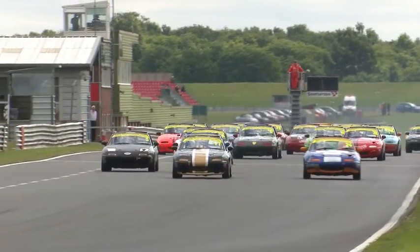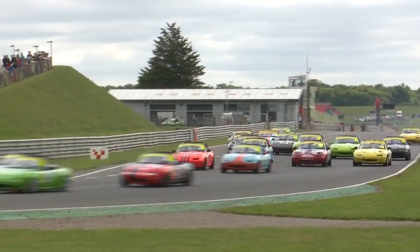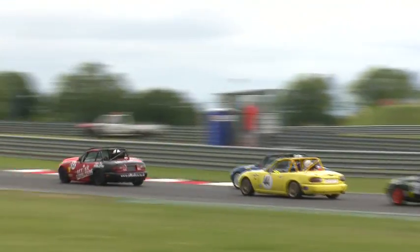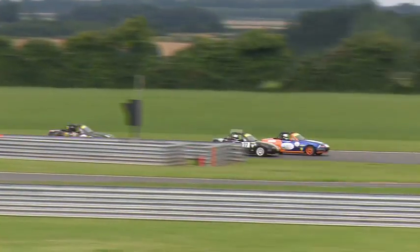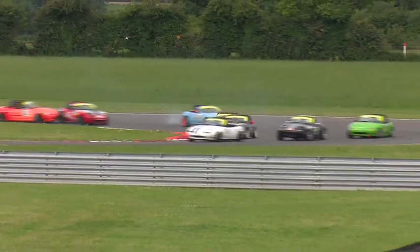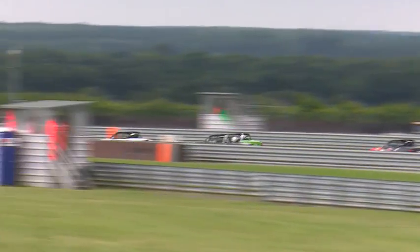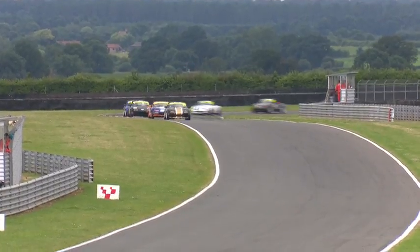In fact, slots into second place because Paul Maguire is looking round the outside line. Richard Collins in the mix as well. Massive field. This is only half the entry, remember. 132, Jason Taylor in the mix. 44, the yellow car of Bill Taylor is there as well, following up from 15th place in the first B race, but they're side by side coming out of the hairpin for the first time. We pick up on Ollie Robinson in 19, up ahead of Paul Stevens. Right in the mix as well there is the green car of Clive Powles. Expect to see Clive working his way up the order, and you'd expect...